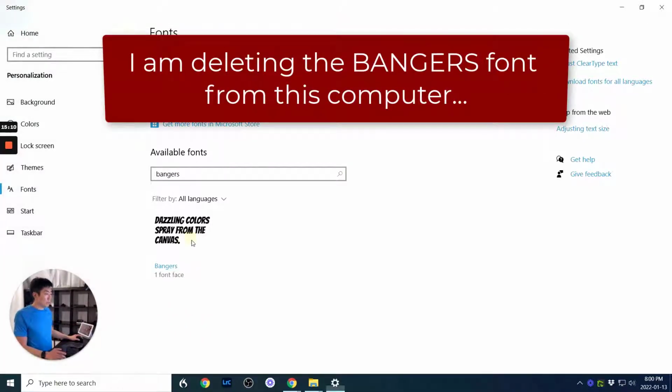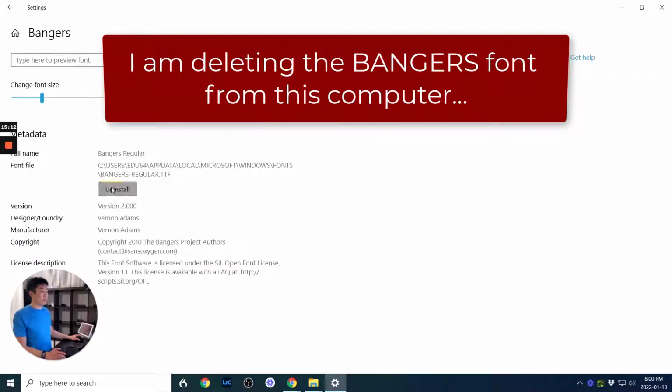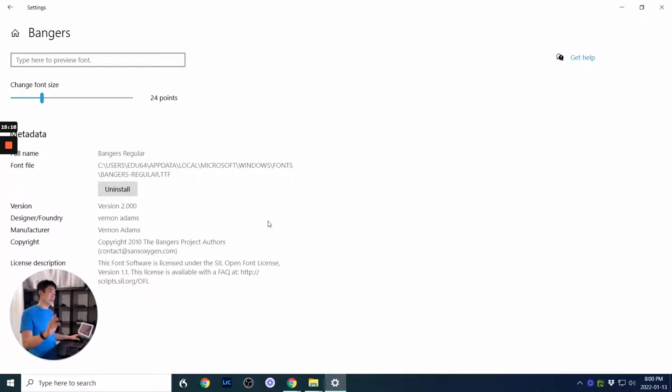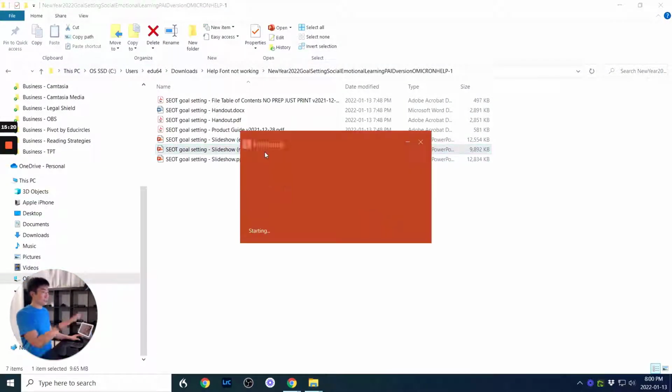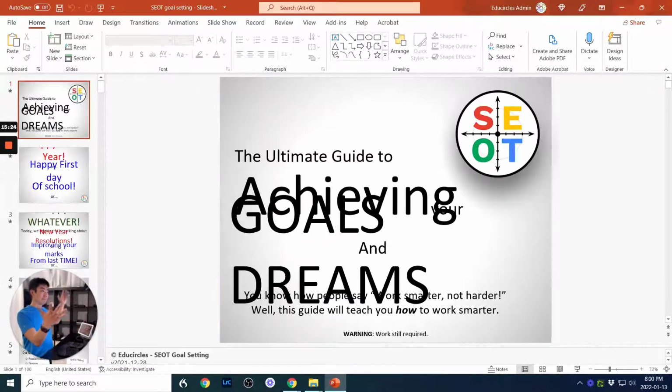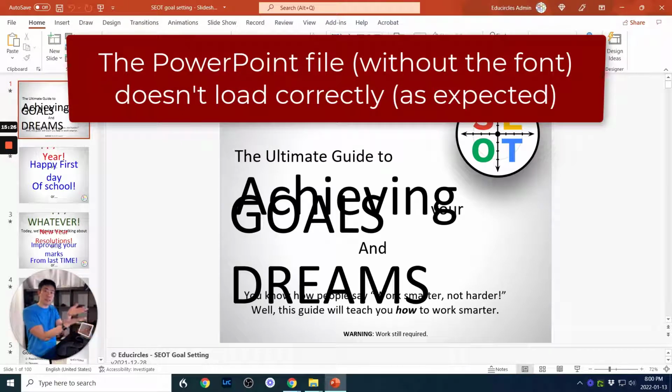So I'm going to remove this font from my computer. I will uninstall it. Goodbye, font. Okay, so it's disappearing, uninstalled from my computer. It's gone. When I open up this version of PowerPoint with no fonts, okay, wait for it. Still doesn't load correctly because the font is not installed on my computer.